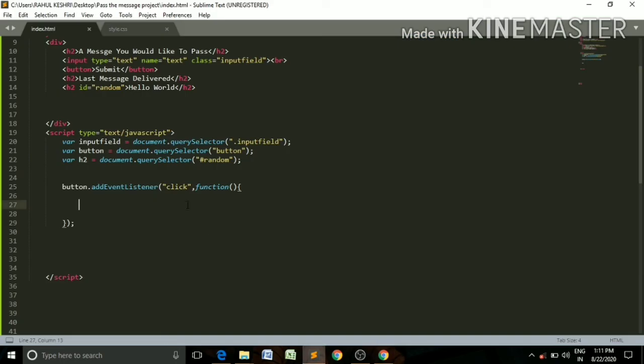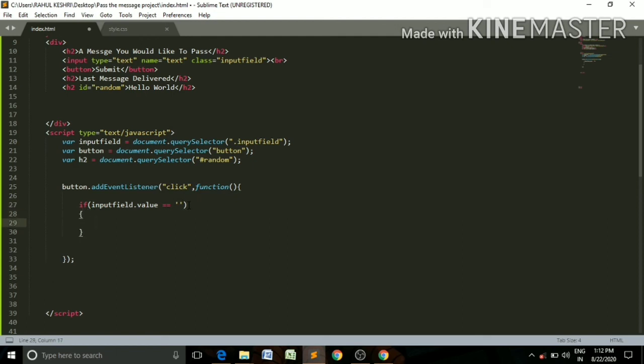So let's use it. If inputField.value equals null. This is the symbol of null in the JavaScript language.